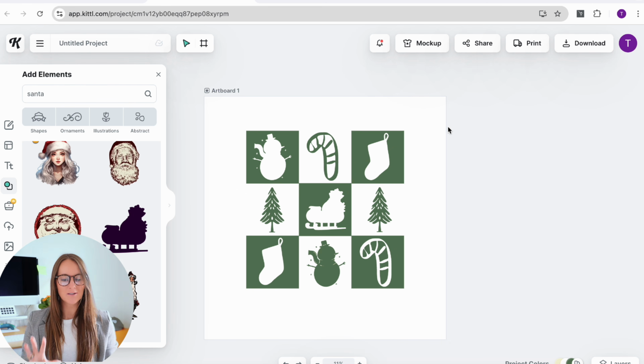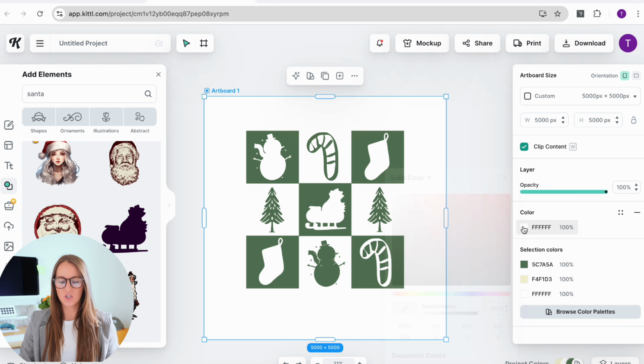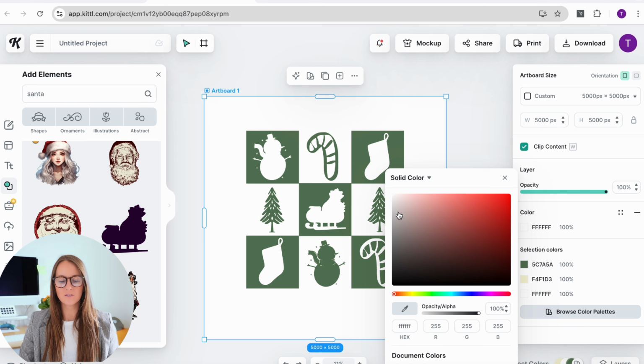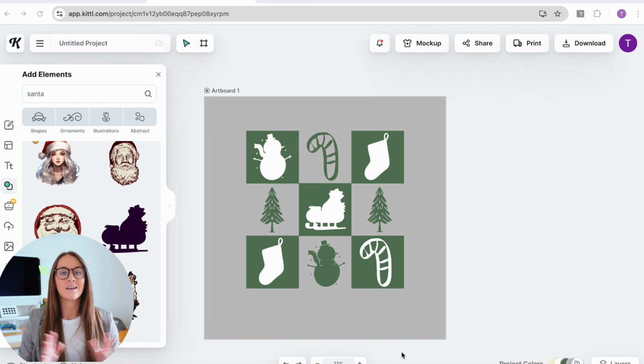It's coming together, it's coming together. This is my vision so far. However, we are not complete. If I were to, for example, let's just change the color of the artboard really quick. Imagine this was going on a gray shirt. Now, if I were to export this just as so and not do anything else, this is how it would